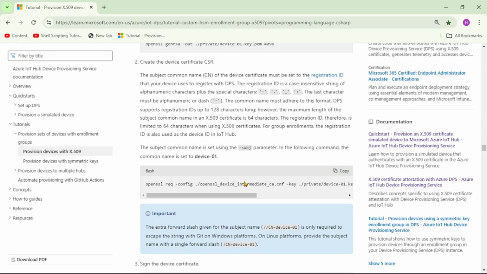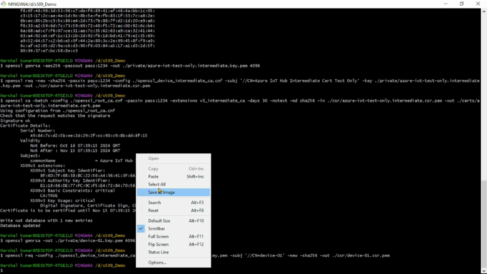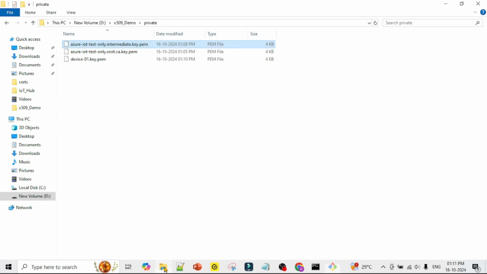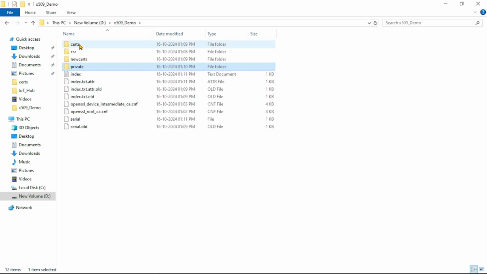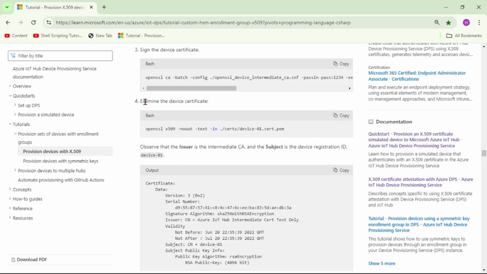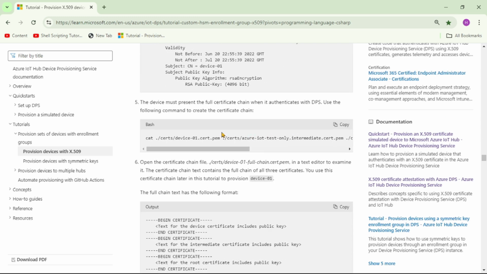So again it's successful. Now let's go down, and finally the device certificate will be signed by the intermediate certificate. So let's copy it and let's run this command, and again it says database updated. That means the device certificate must have been created. Let's cross check again. So again we are in this folder, and let's go to this certs folder, and yes we can see this device 01 certificate, okay. If you want we can see the contents of this device certificate. So basically again it should show that it has been issued by the intermediate CA, and the subject will mention the device, okay.